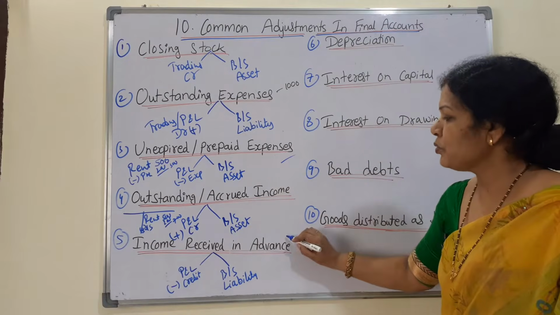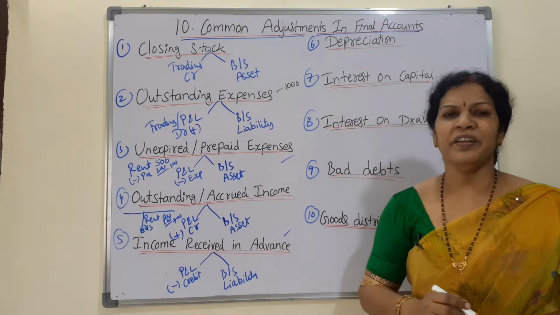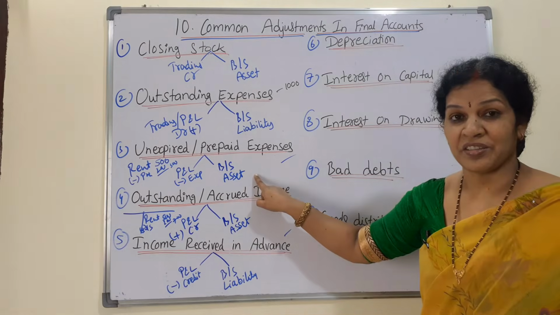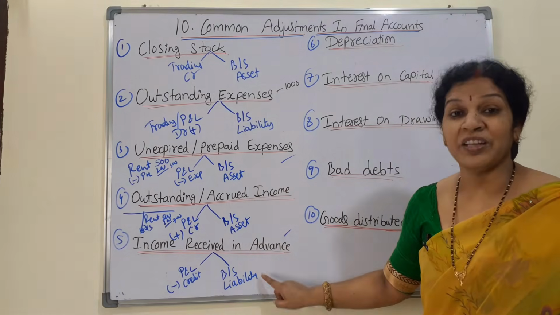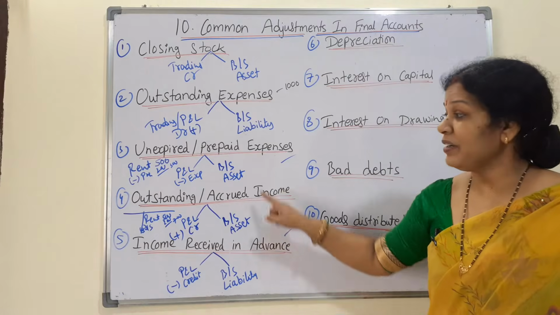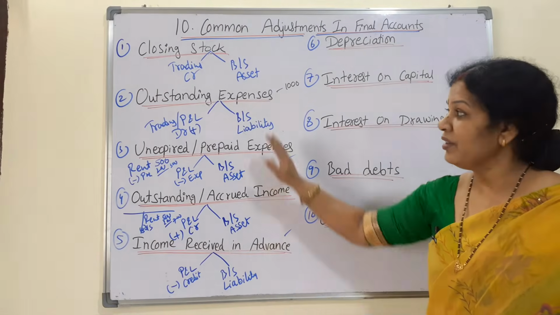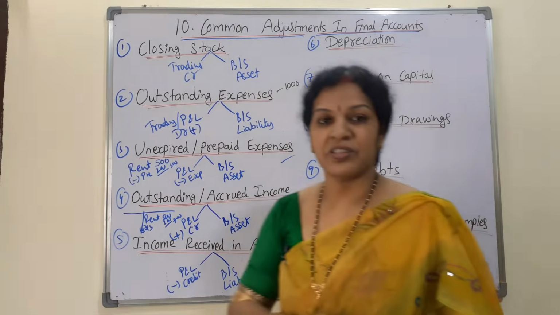Remember these two, you need to remember. If paid in advance, balance sheet asset. Received in advance, balance sheet liability. Paid in advance, asset. Received in advance, liability. Okay, five are over. Now coming to the sixth one,